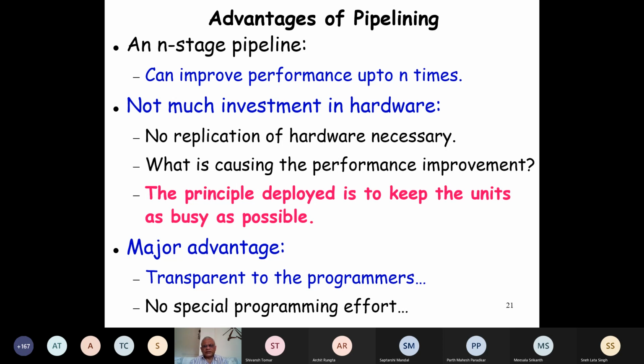It's a major advantage because the programmers don't know. They have just written a C program. They don't bother how it is getting executed, but inside it is getting executed in parallel. No special effort from the programmers. Whereas in thread level parallelism or process level parallelism, the programmers have to identify the threads and write the different threads, and thread synchronization and all that comes. Here nothing, the same program, just giving you 20 times speed up.